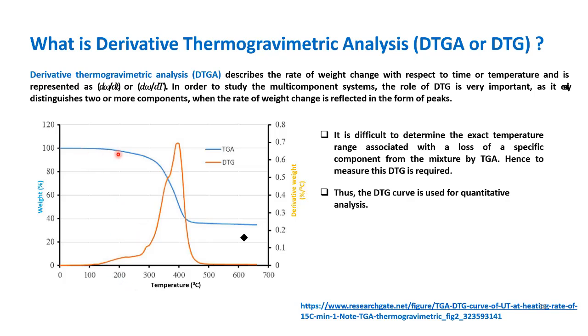As you can see here in the TGA, the weight loss starts from here somewhere and keeps on decreasing, and a sharp decrease comes. But in the derivative curve, DTG, we can see that we are getting four peaks. One is here, then one here, and one here, that is the highest maximum peak. So 1, 2, 3, and 4. Four peaks are coming in the DTG, which means the degradation is happening in four steps. However, in the TGA, we are not able to distinguish the four steps. That's why the DTG is very important for multi-component system analysis.